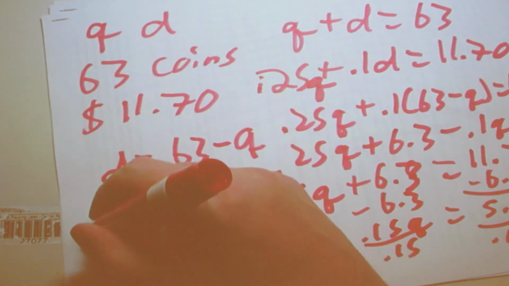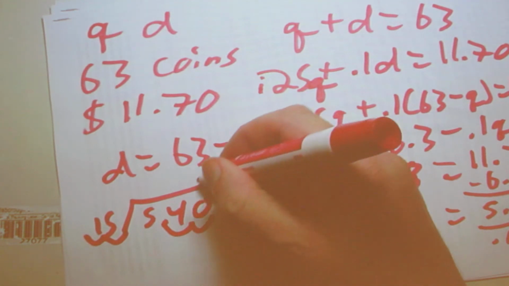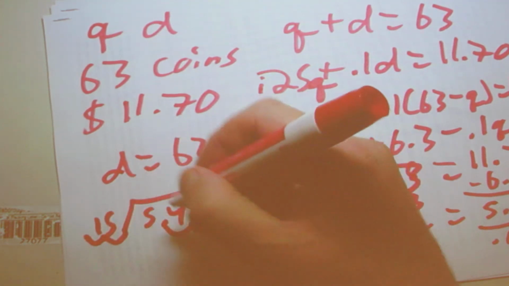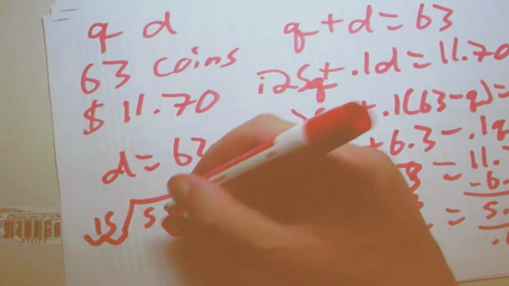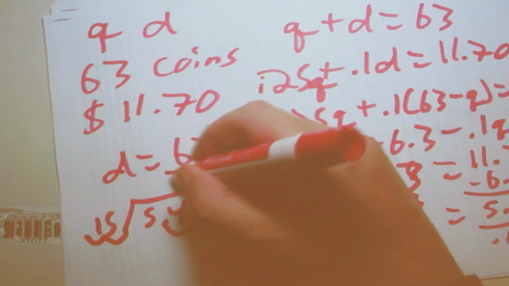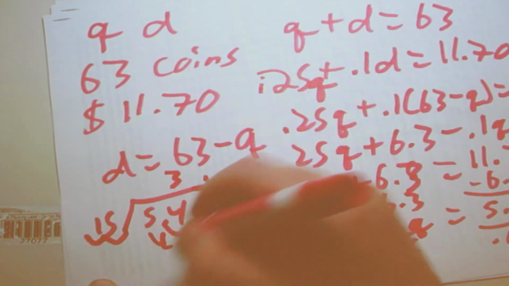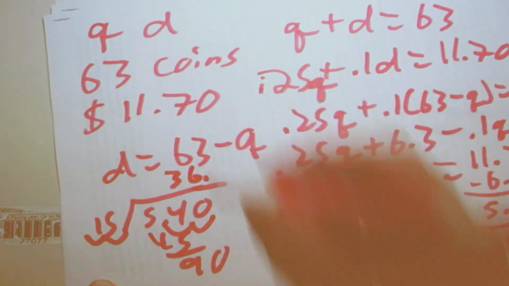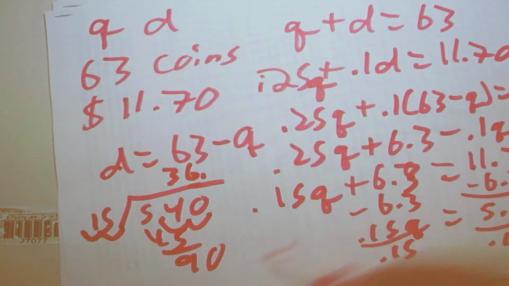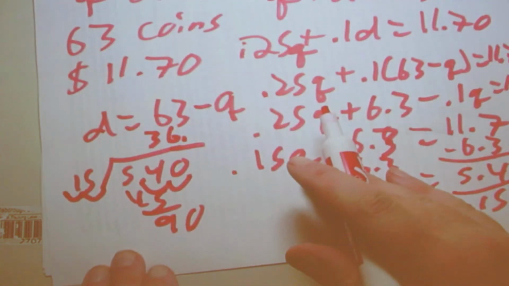Need to move the decimal over 2 spots. 15 will go into 54 3 times. 3 times 15 is 45. I'm left with 9 and 6. So 36 quarters. And then I'm just going to say